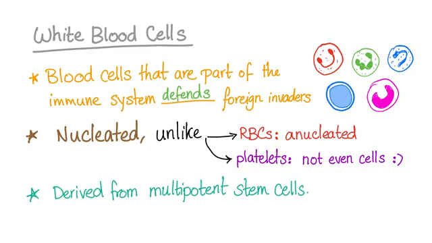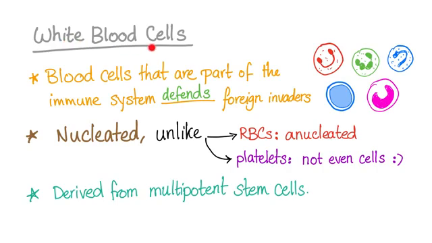You are learning about any topic for the first time. What's the first question? What's the definition of white blood cells? They are cells. Oh, really? Okay, that was nice. Spoiler alert. They are blood cells that are part of the immune system that defends your body against foreign invaders. That's fine. They are nucleated, unlike red blood cells, which are anucleated, and unlike platelets, which are not even cells. Platelets are just fragments of the cytoplasm of their parent called